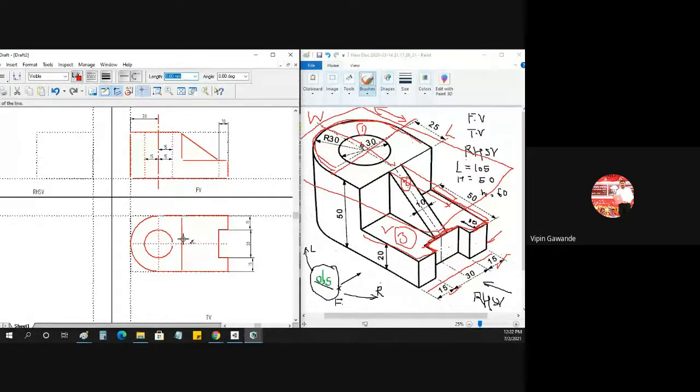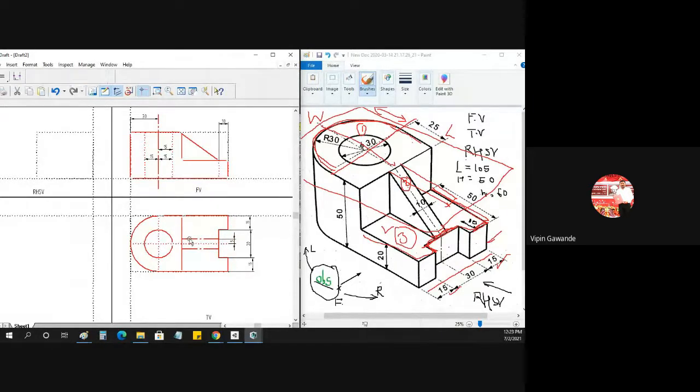From this center line, on both sides we have to take 5 mm, 5 mm. So from this side, and on this side also. And the distance between these two is what? 5 mm only. So you can take the dimensions also. This dimension is only 5, and this side also, this is 5.